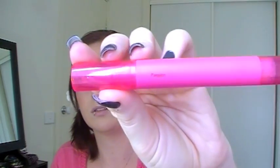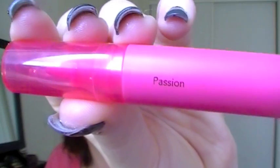Sort of pressing it into the lips. So when we apply a lip colour, it doesn't just sort of smear off. And it is Valentine's Day, and if you're on a date, you'll probably be kissing someone by the end of it. So we want something on the lips that is kiss-proof, or that is easy to apply after you've finished. So I think what we'll do is apply this Revlon lip stain. And this one is in Passion. Can you read that there? Now this colour is really quite bright pink, so we just need a really small amount, and we're going to sort of blend it out into the lips really quickly,